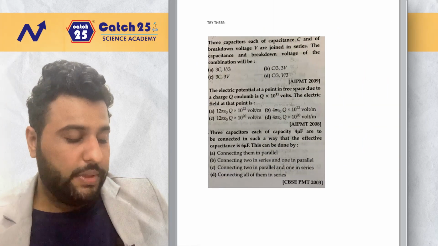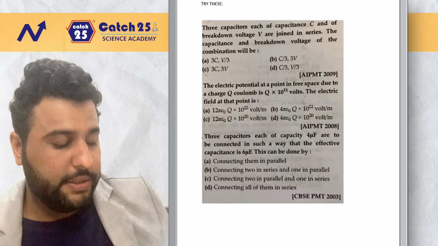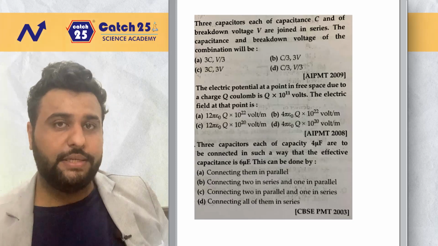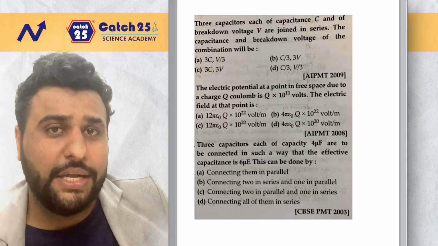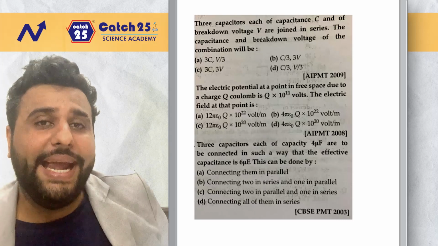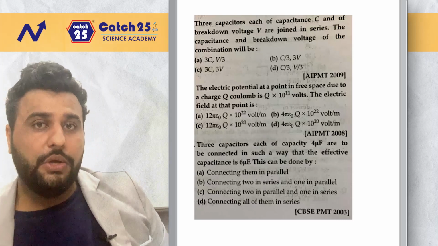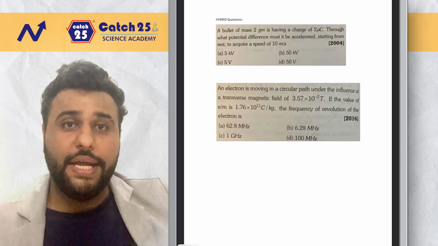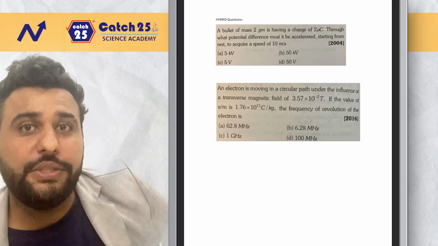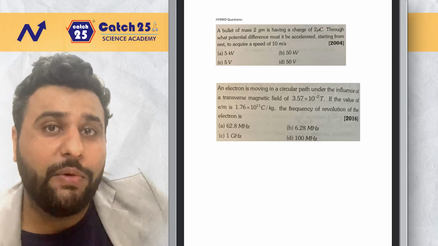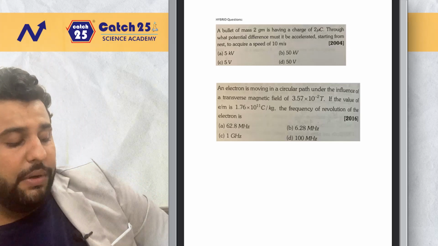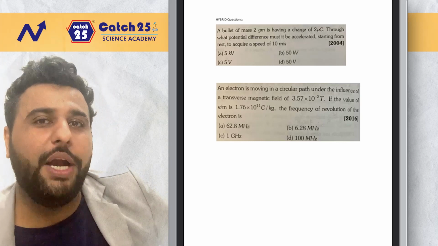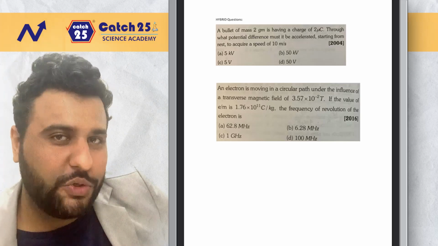Now I want you guys to take a snapshot or pause the screen and try these 3 questions which are direct from electrostatics. Direct from electrostatics means you don't need any other knowledge of other chapters. So this is one, and again take a snapshot of these 2. These are hybrid questions. Hybrid questions means they belong to more than one chapter. One chapter is electrostatics. For example, if you look at the first question, a bullet of mass 2 gram. The clue is physics part 1, because a bullet of mass 2 grams actually belongs to part 1 physics.